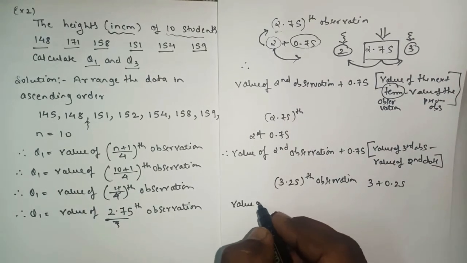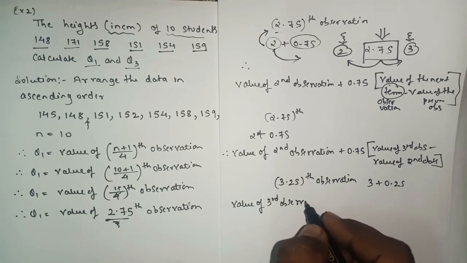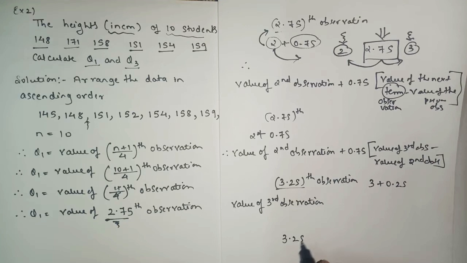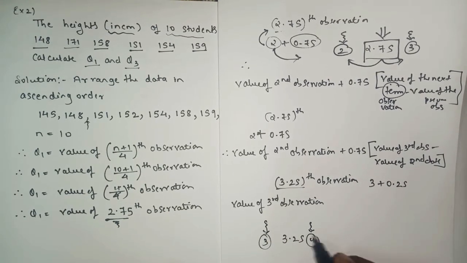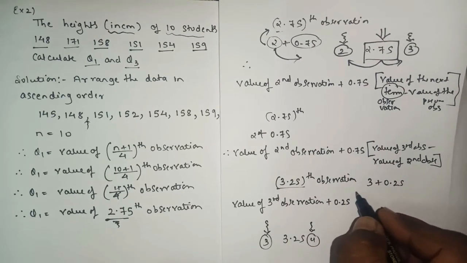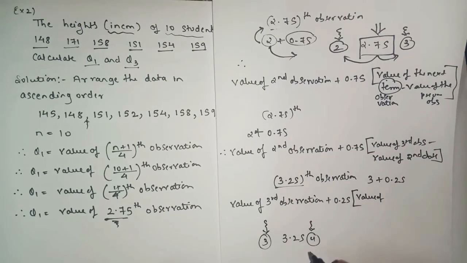So here we'll write value of third observation, yes or no? As we know that 3.25 lies between what? 3 and 4. So your value of third observation plus 0.25,